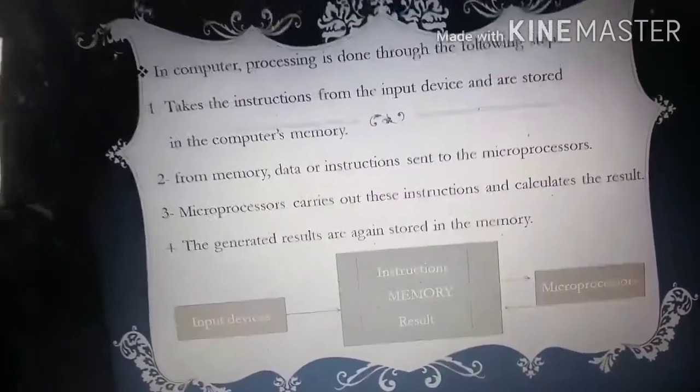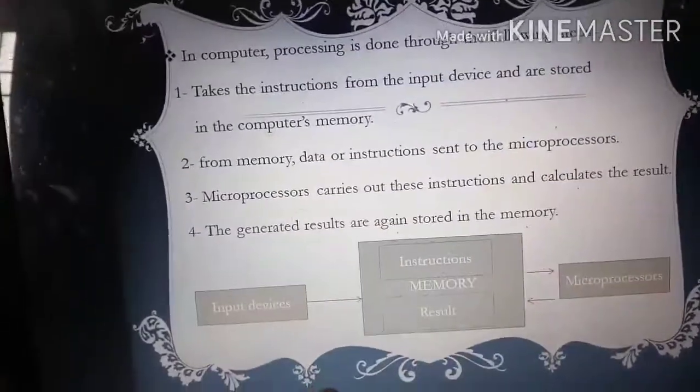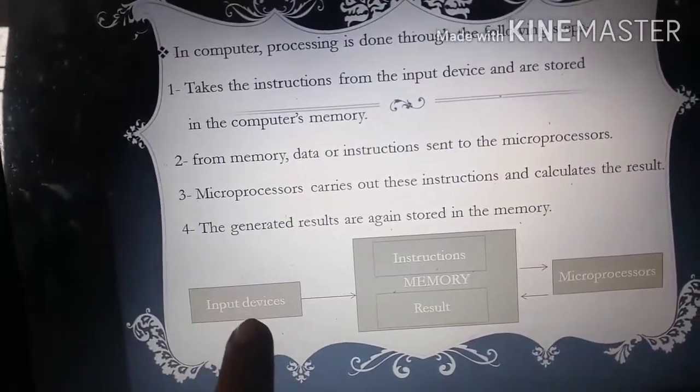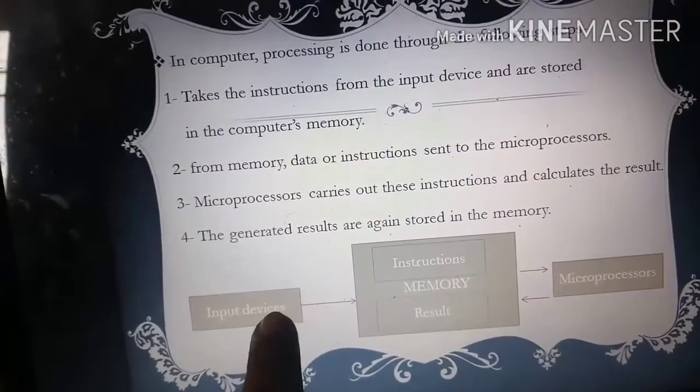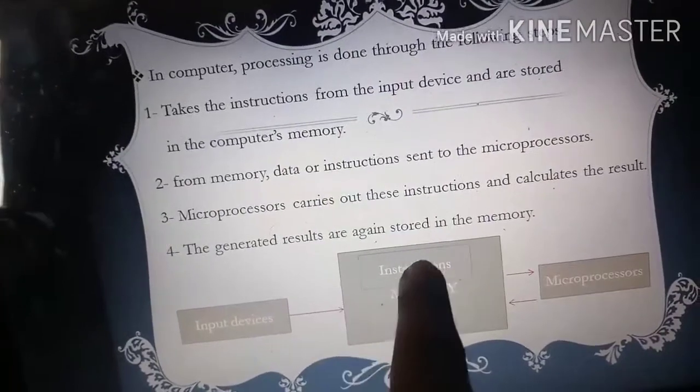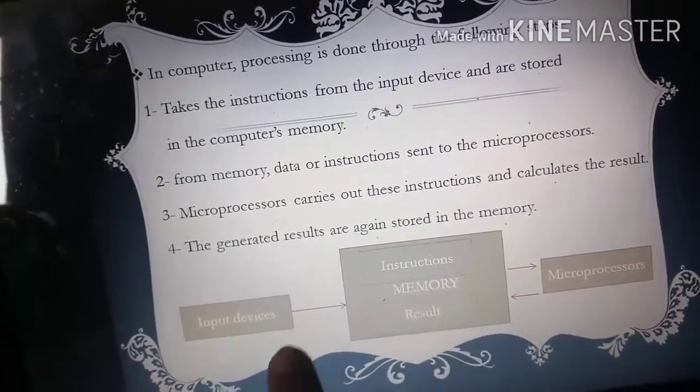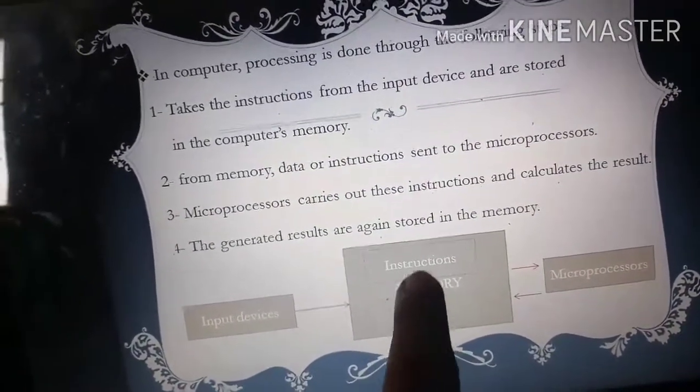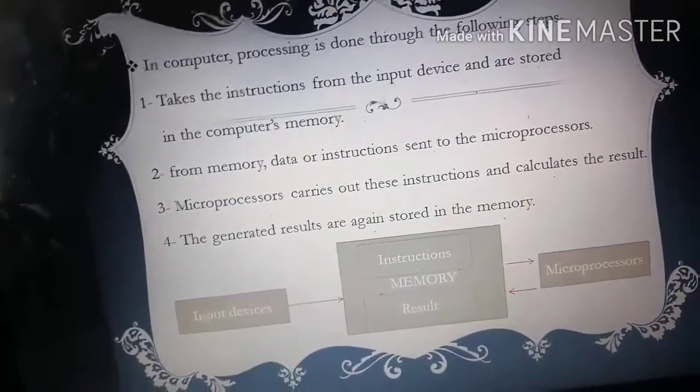I have also shown one figure. You see, here you enter different data and instructions, and from the input devices they come to the memory. The computer stores the instructions from the input devices.